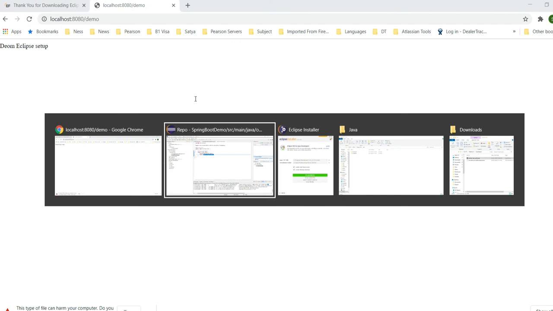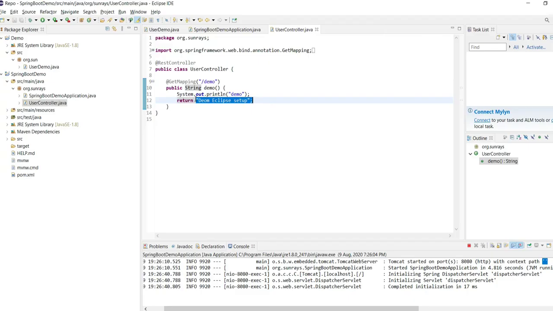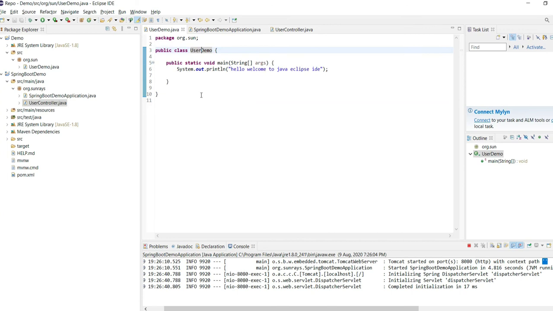Let me recap what we have done as part of this demo. So we have learned how to install Eclipse on a Windows 10 machine, and we have seen where Java JDK is installed, and we have seen one hello world application with main method, and this is properly working, and we were able to see the console log as well.